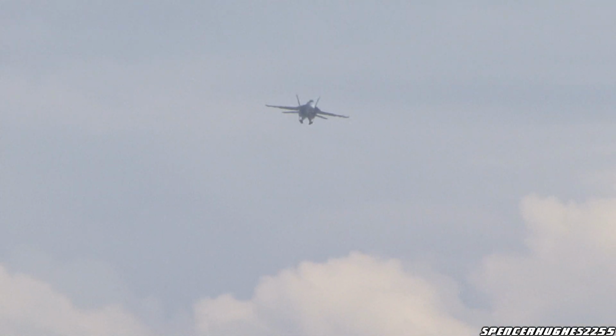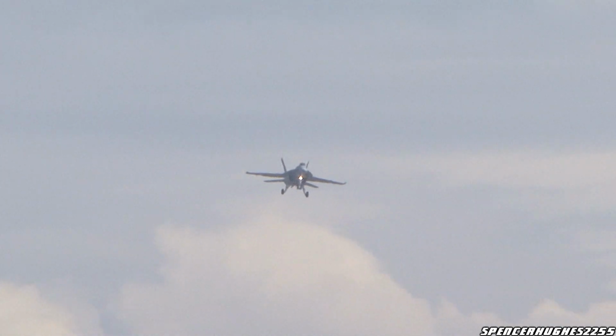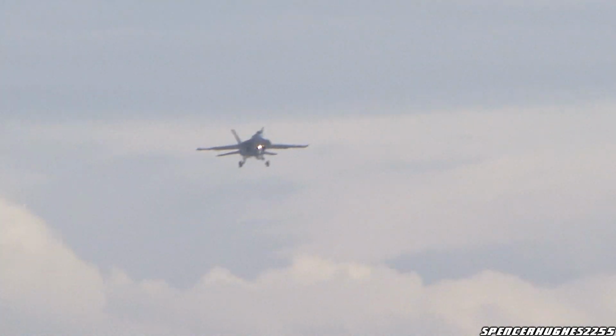He will experience 8 times the force of gravity, positive, and negative 3 times gravity as he maneuvers the aircraft to the edge of its operating envelope. From 100 miles per hour to 700 miles per hour, he'll demonstrate all the capabilities of your United States Navy's